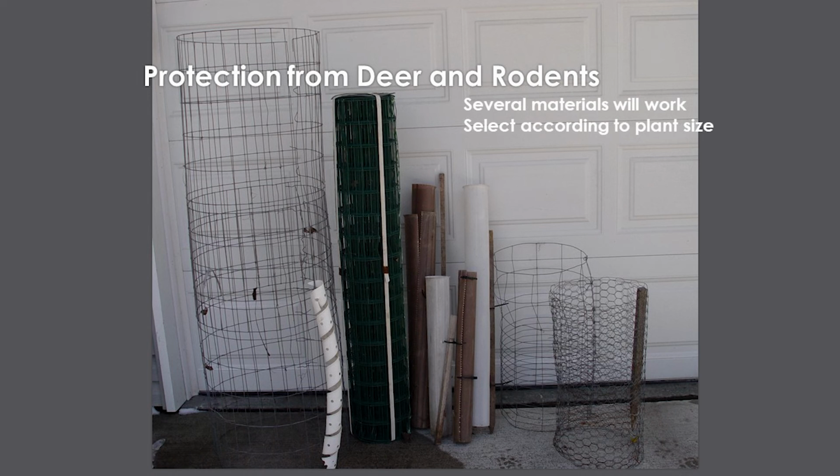This is called welded wire fencing. This is the best for deer. You'll notice that it's been extended to go higher because the deer can come and eat right over the top. It's okay if they do eat some browsing around the outside, as long as you've got the leader up and out, okay? Protecting that leader and letting it go up and out. You don't have to have the whole thing, but you've got to protect the plant.